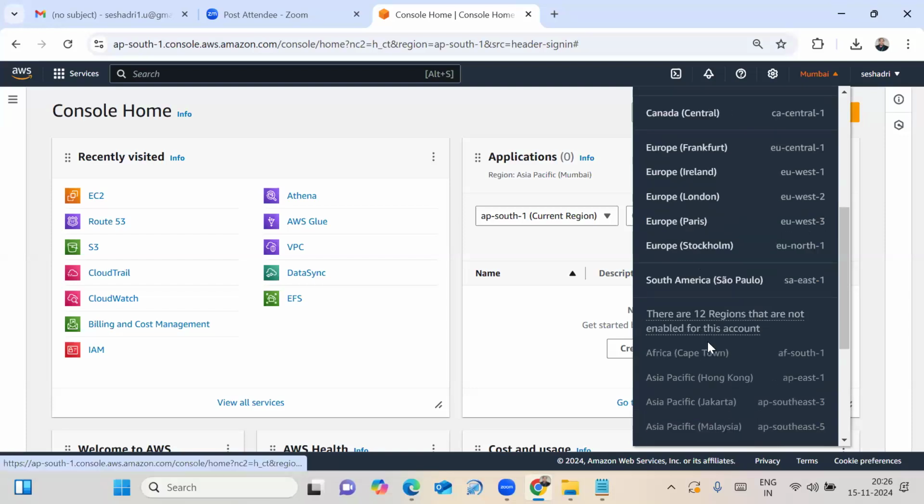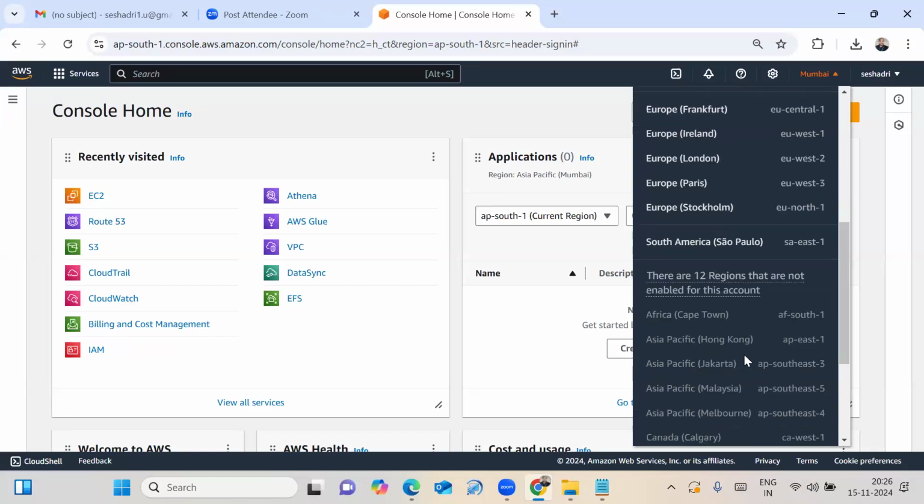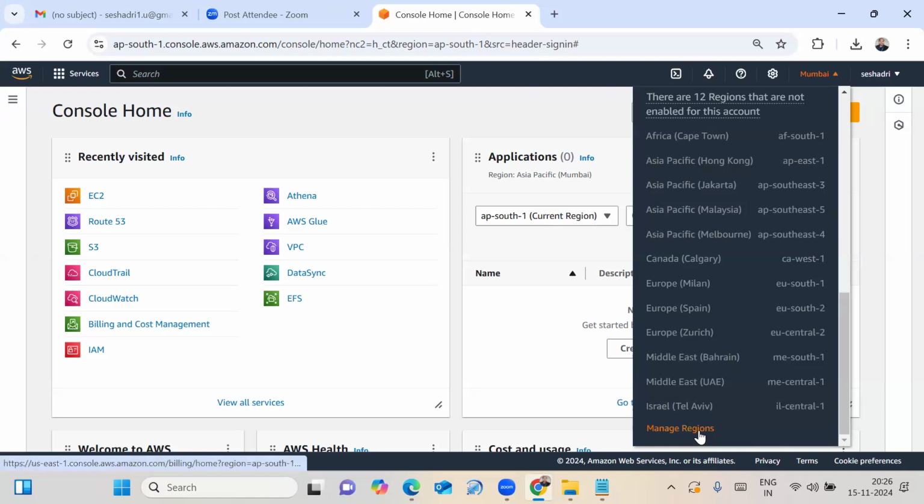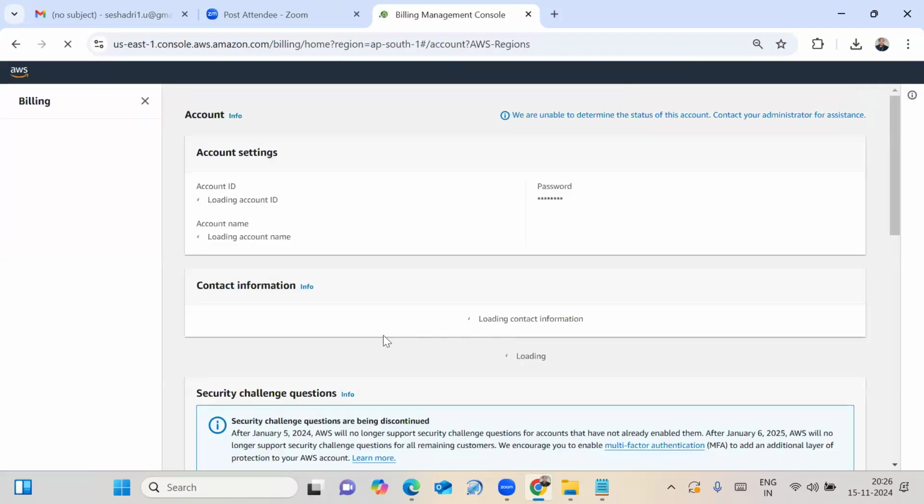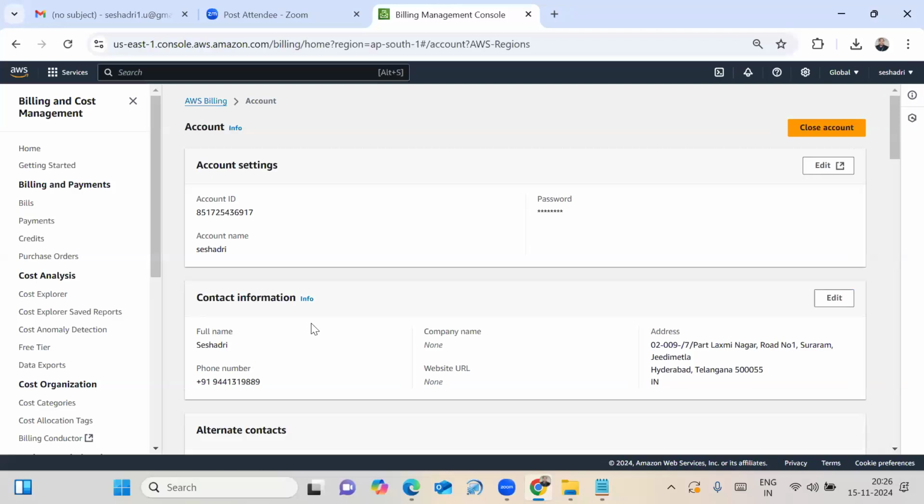If you scroll down at the bottom, there are 12 more regions that are not enabled for my account. If you need to enable those regions, there is a manage regions option at the bottom. Click on it and scroll down.